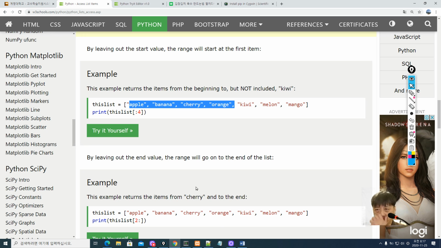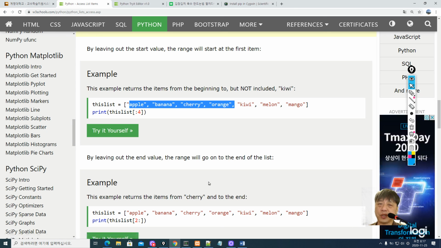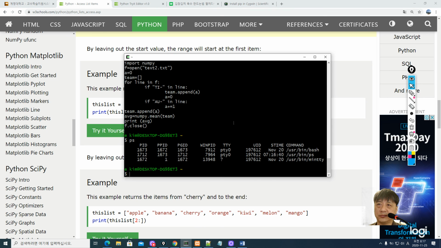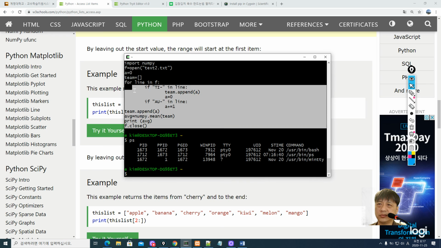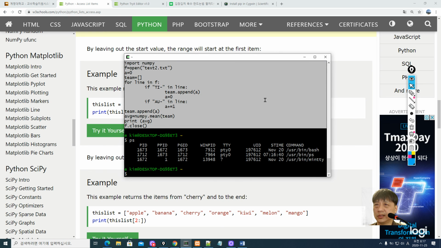Okay, now let's do something. That's as far as NumPy is concerned. So let's actually do something again with the stuff we downloaded last time, and then take a look at a couple more applications. So this was one of the